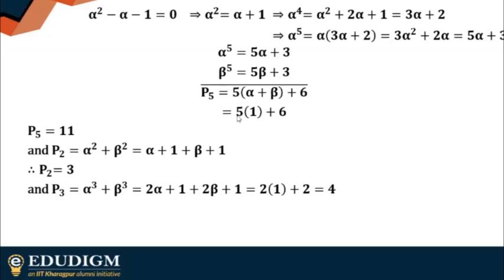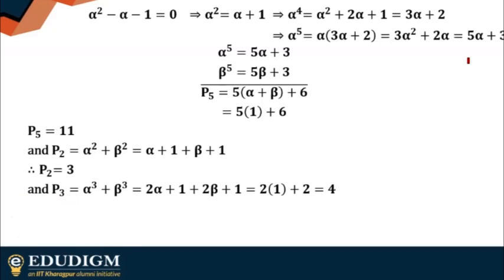All right. So as you understand that alpha and beta are the solutions of this equation. So obviously, if I put alpha in this particular equation, the equation will get satisfied. So I can write alpha squared equals alpha plus 1. So I'm squaring both the sides here. So obviously, I can get alpha to the power 4 equals alpha square plus 2 alpha plus 1. Now I already know the value of alpha square. The value of alpha square is nothing but alpha plus 1. From there I can clearly figure out how this will look.